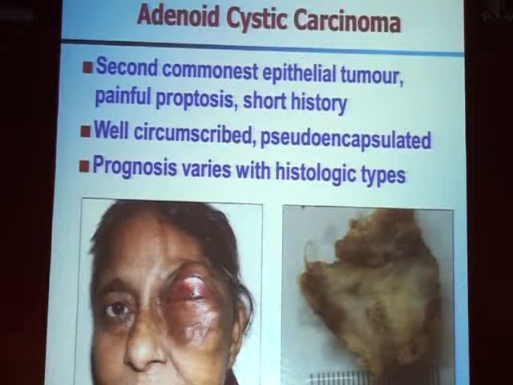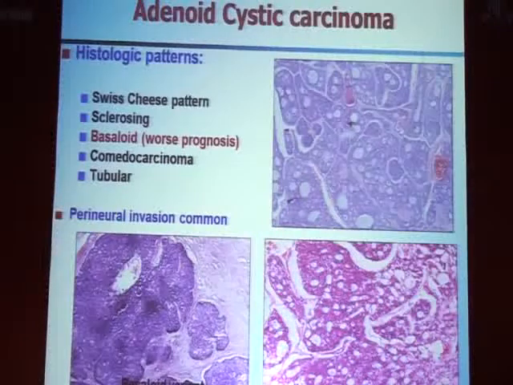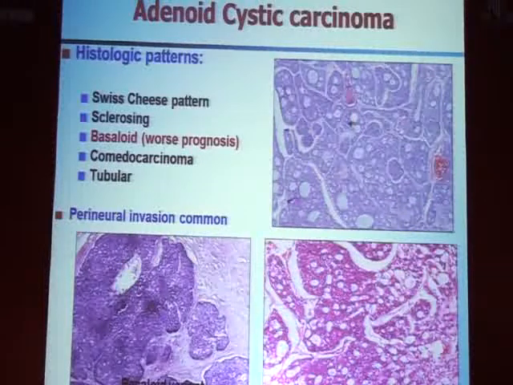Now coming to the next common, the adenoid cystic carcinoma. As you can make out, when we are grossing these tumors, as compared to the pleomorphic adenomas, they are not so well circumscribed and they are more solid appearing. And microscopically, there are 5 histological types. And why do we need to histologically type the adenoid cystic carcinomas? Because the prognosis depends on them. Most adenoid cystic carcinomas have this classical Swiss cheese pattern. So these have a better prognosis. Whereas the solid pattern, that is the basaloid variant, has got a worse prognosis.